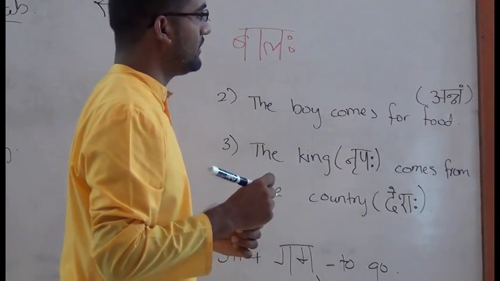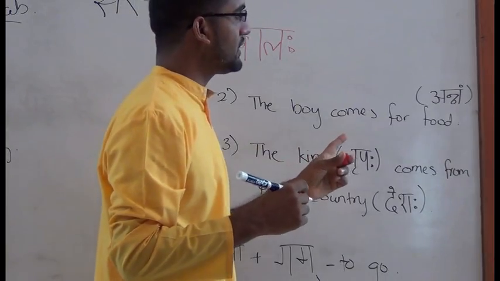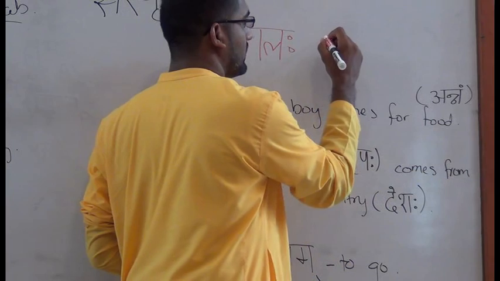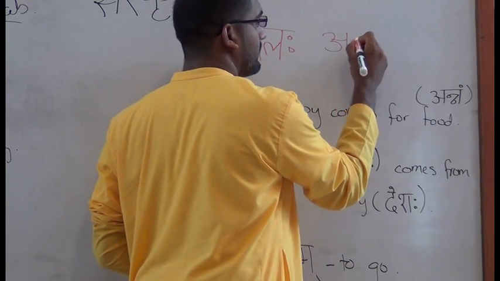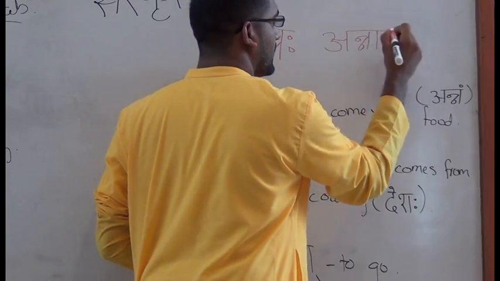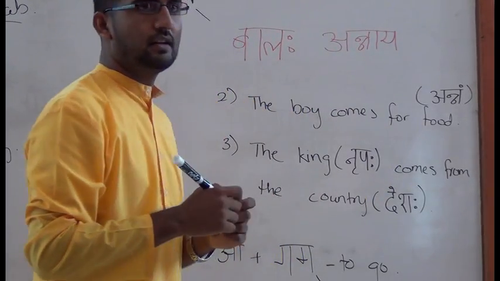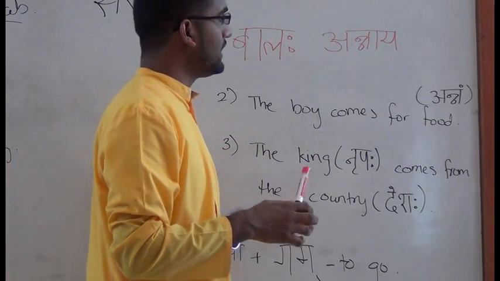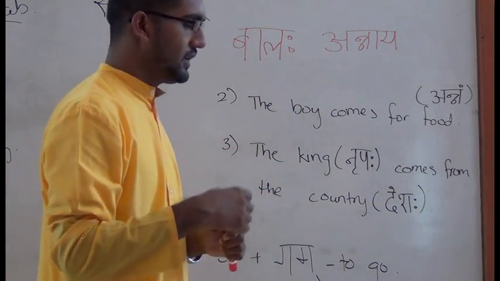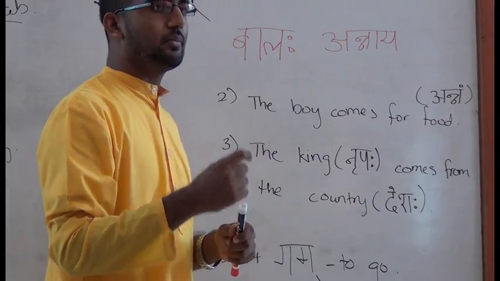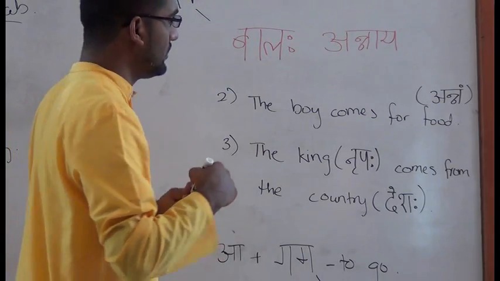Balam, the boy. Object, for food. So just like Uncle did last time, Anaya, right? For food, fourth case singular, and then he comes. We put the upasarga in front of gum to change it to its opposite, which means to come. So,